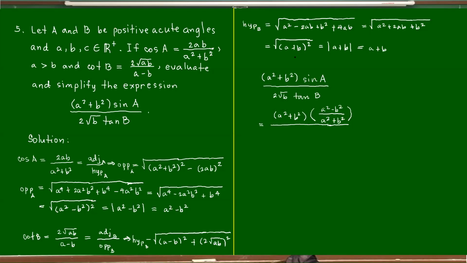Pag sa B, then all over 2 square root of B, then multiplied by tangent. What is tangent relative sa B? That is reciprocal ng cotangent B. So that is A minus B all over 2 square root of